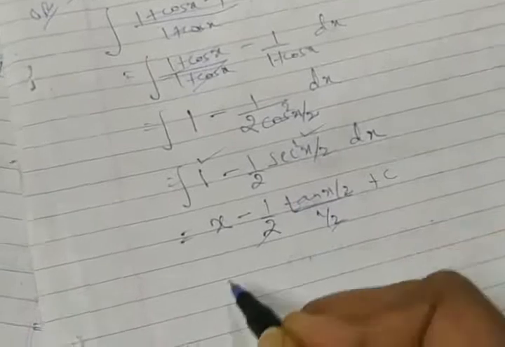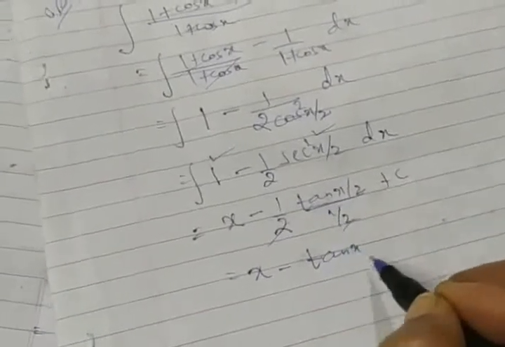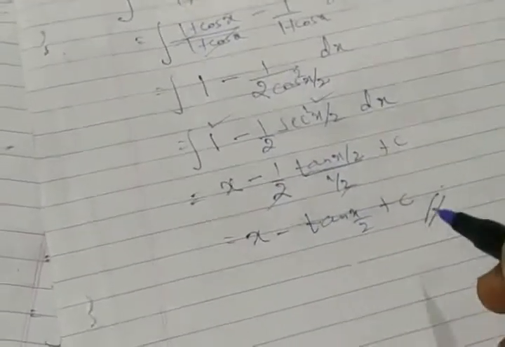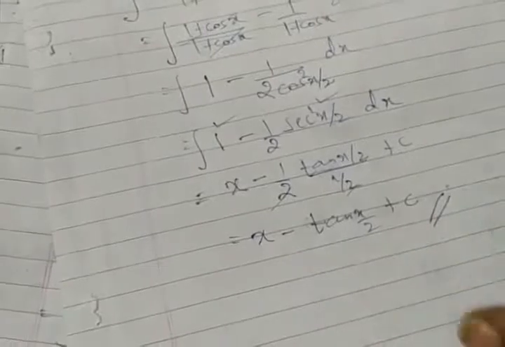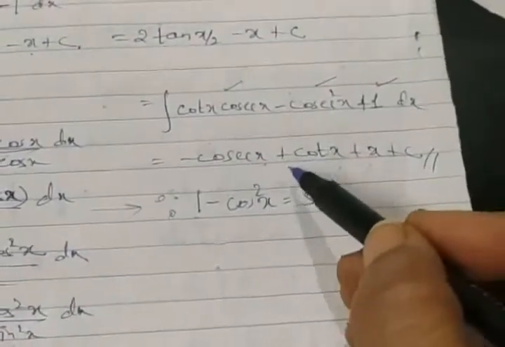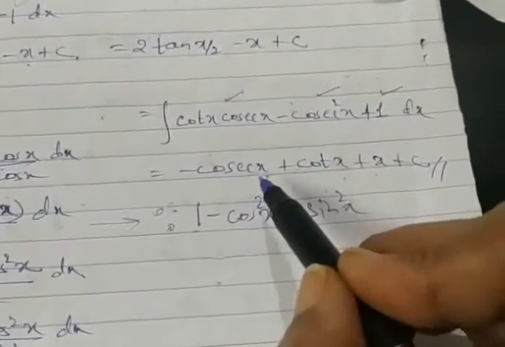So here itself I can eliminate. So we have x minus tan x by 2 plus c is also the answer. Now the question comes in your mind, madam, how can the answer come like this here and like that there? Are they same? Definitely. In the last video also I discussed trigonometry. Using trigonometry I can definitely balance here.